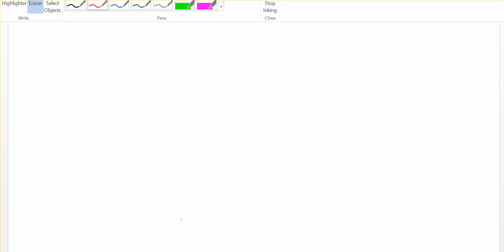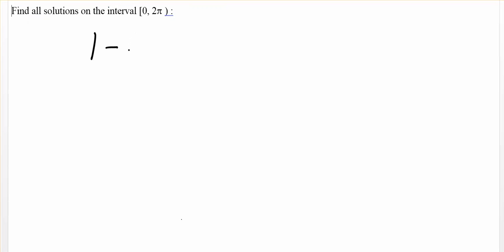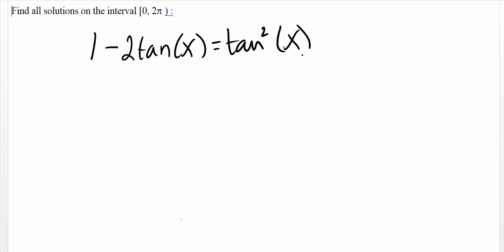The directions for this problem say find all solutions on the interval from 0 to 2 pi. And the problem that we're solving today is 1 minus 2 tan x is equal to the tangent squared of x. Now, the first thing that I want to do, since I have all tangents, is to move everything